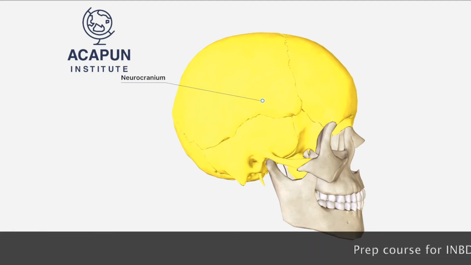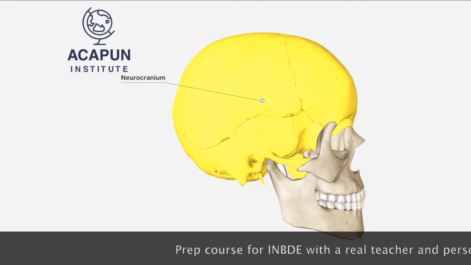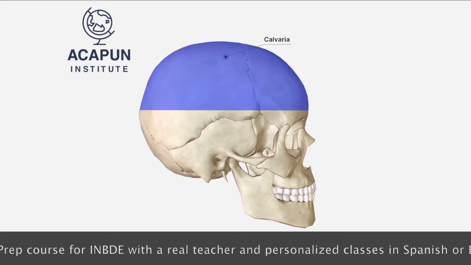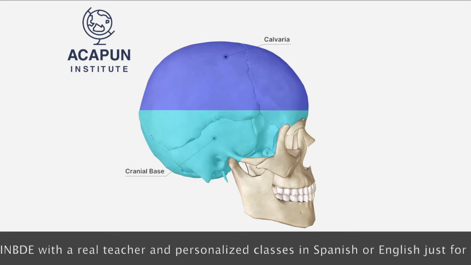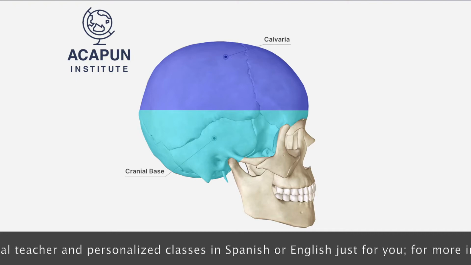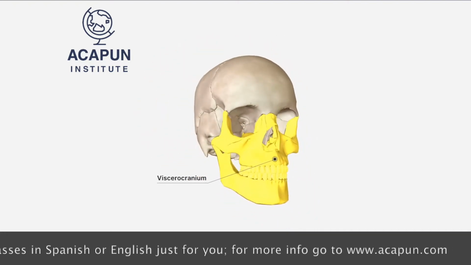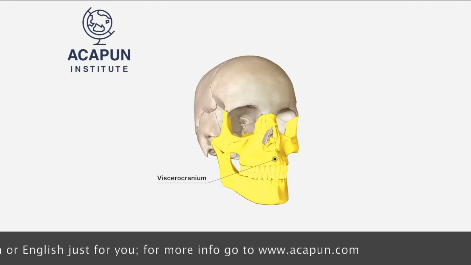The upper part is formed of the flat bones of the skull, which forms the dome-like roof. This is known as the calvaria. The lower part of the neurocranium forms the cranial base. So the lower part of the skull is called the facial skeleton, or the viscerocranium. There are 14 bones which make up the facial skeleton, and we'll take a look at these in more detail